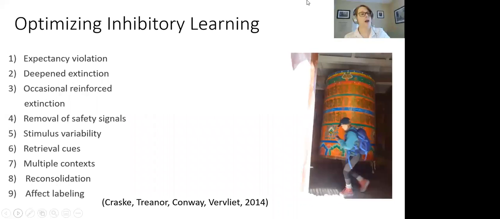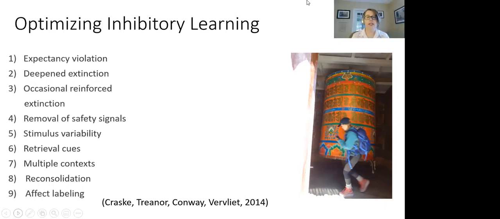So I'm assuming that you guys have some familiarity with this. We talked a little bit about this earlier, about what is meant by inhibitory learning. And just to reflect back on that, really simply, it means that we don't erase associations, we don't unlearn things. What we do is we create new learning. And the idea is, how do we strengthen that new inhibitory learning that competes with that older excitatory fear-based learning, right, from the fear acquisition literature.